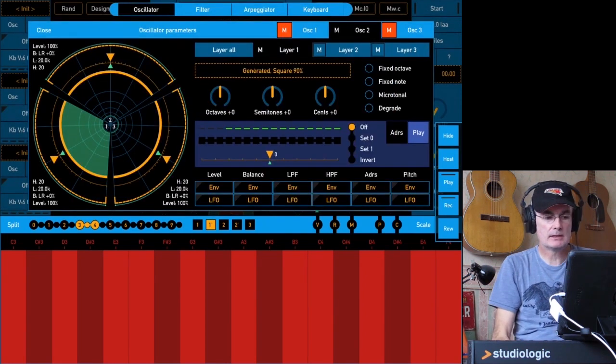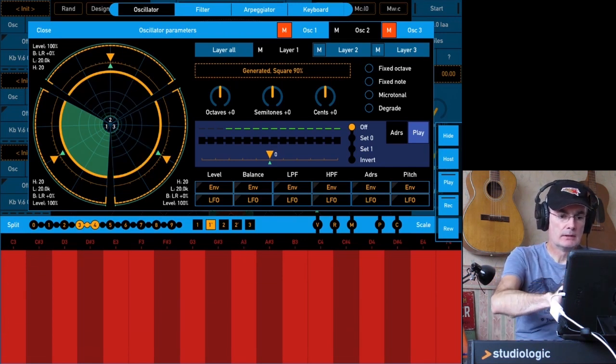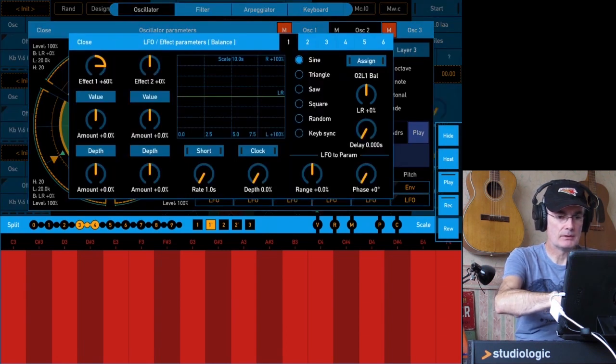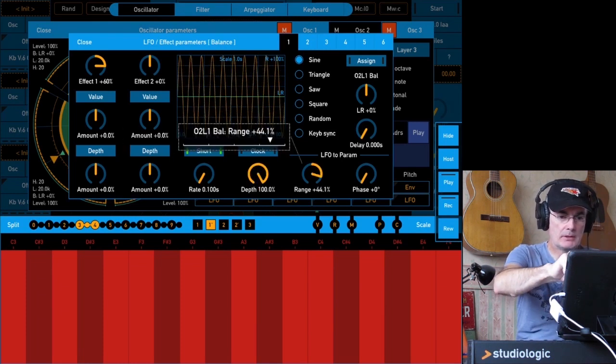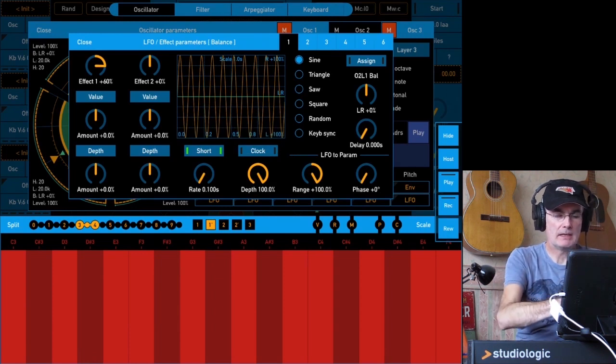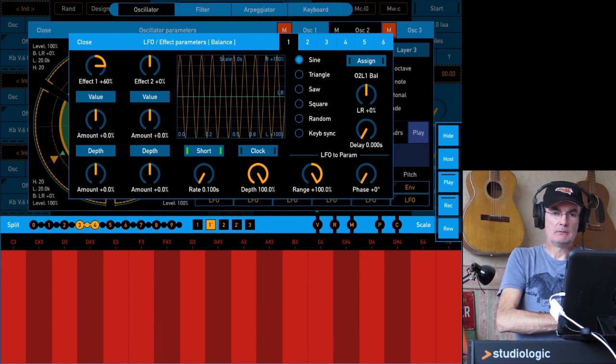Yeah, so just one last little taster of how powerful all this stuff is. If we go back into the, let's make it balance, we'll set up this LFO again. We'll set it up for the balance. We want 100% depth, 100% range. Now you might be confused by what's the difference between range and depth? They seem to do the same thing. Well,